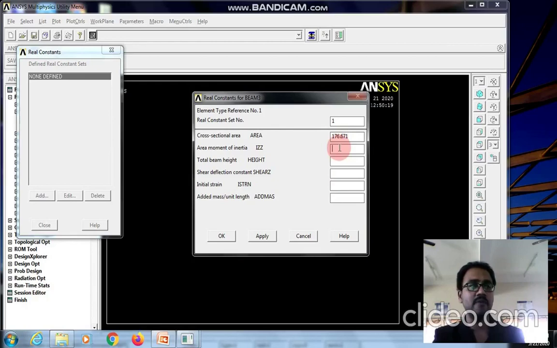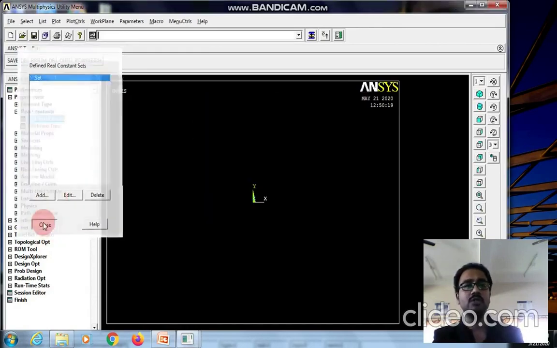Moment of inertia for the circular cross section is 2488.05 mm power 4. I am keeping all the data in meters, millimeters and Newton. Height of the beam is 15 mm. Give OK. Then close this.